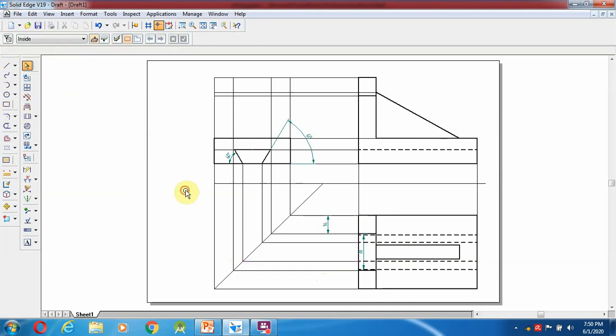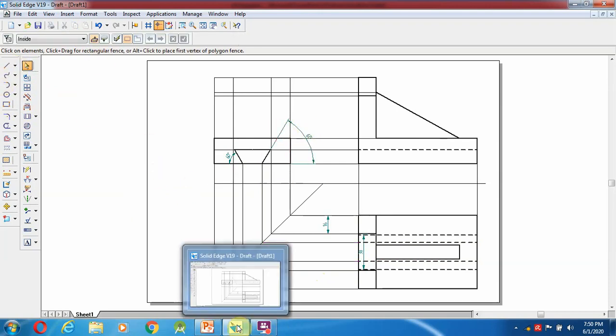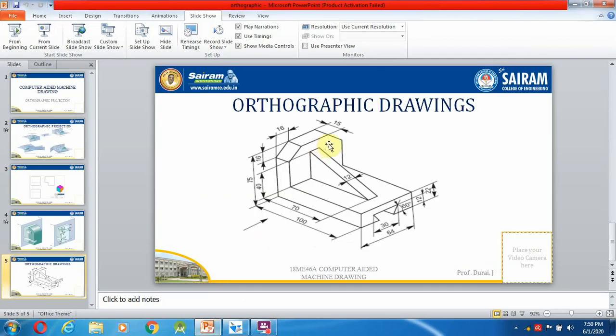So after making this, the remaining portion we will draw. The remaining portion is easy only. So the profile you can see, a straight line, this inclined edge. From here the inclined edge will become an inclined edge only, and the inclined surfaces come as a straight inclined edge. So that we have to make.